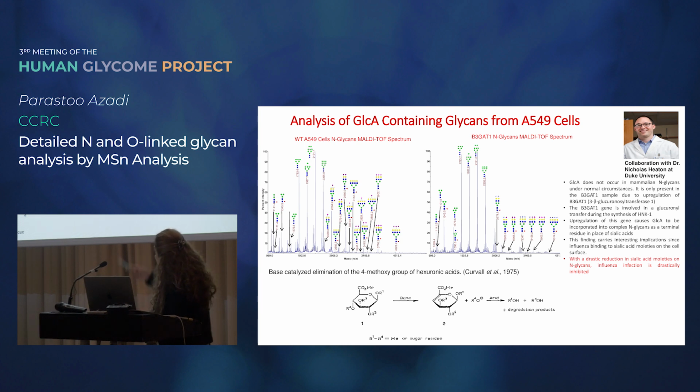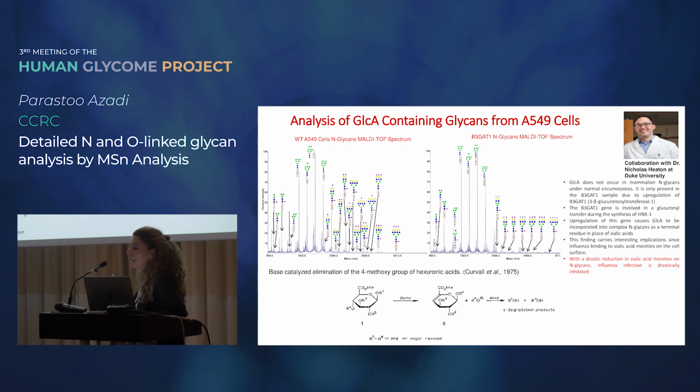So interestingly, that spectra is the normal spectra from the wild type, and the one that you see that is extended with very little sialic acids is the one that has glucose attached to the N-linked glycans. Interestingly, there is a diagnostic mass that we see associated with the glucose-containing oligosaccharides. They lose 32 mass units because of permethylation, and we can use this as a diagnostic mass to see that